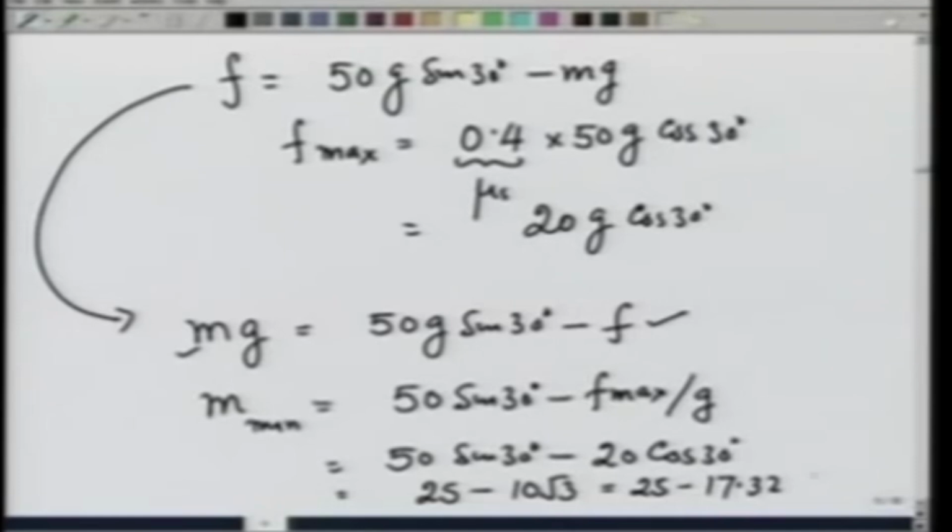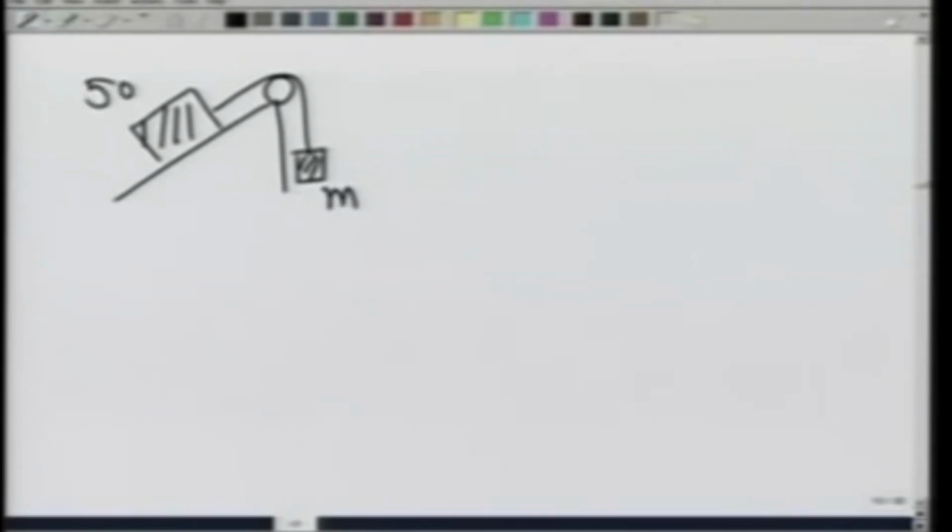17.32 or 7.68 kgs. So, you see, because of the friction, I could have a much smaller value of small m, 7.68 kgs, and still the whole system would be in equilibrium. This is when the bigger block has a tendency to move down. So, on this ramp, this is mass m, this is 50 kgs. If I have m equal to 7.68 kilograms, this block is in equilibrium, although it has a tendency